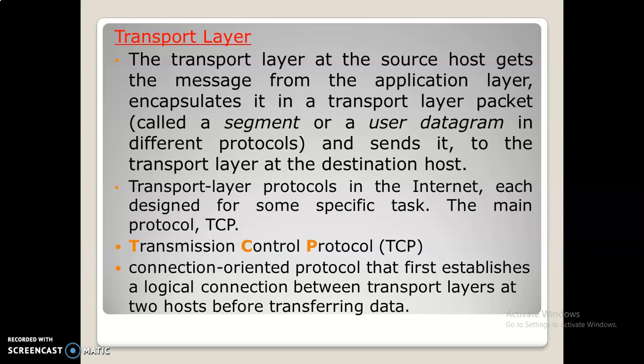UDP is nothing but User Datagram Protocol. It is a connectionless protocol. I never want to establish the connection between source and destination. There is no need to establish the connection before sending my data. I just send my data to the destination without establishing a connection. And also UDP provides no flow control, no error control and no congestion control